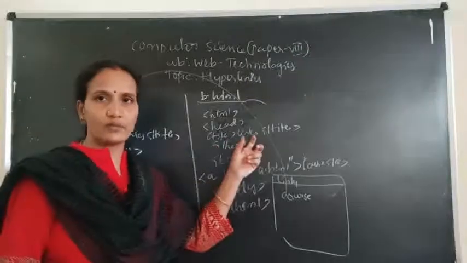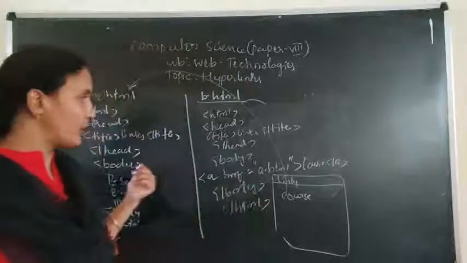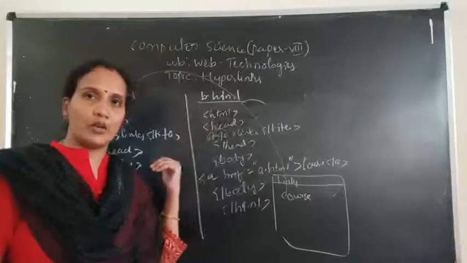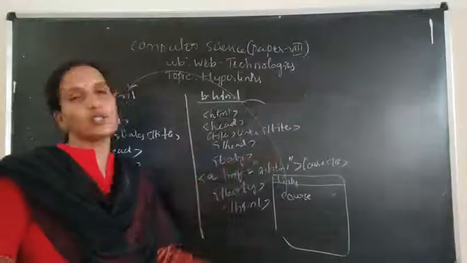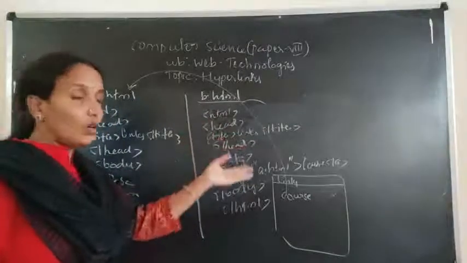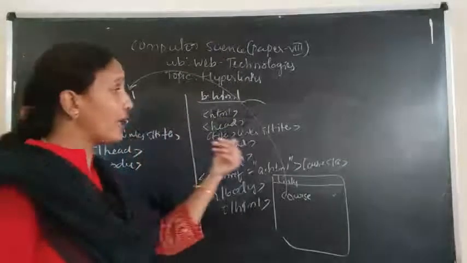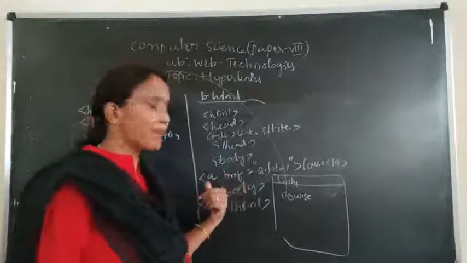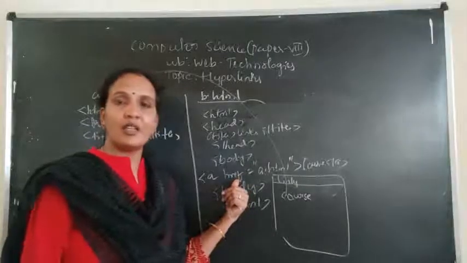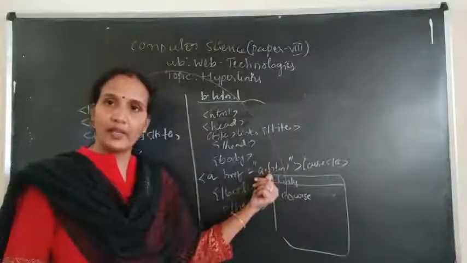Here this is the source. The source document is the document which contains the links. And this is the target. When the user clicks on the hypertext, the user will go to some other document like b.html or c.html. That is called the target document. From this document, we are moving to this document. How is it possible? By using a hyperlink. And how is a hyperlink created? By using an anchor tag. Anchor href, hyperreference. This attribute gives the name or location of the target document. Here I am directly giving a name.